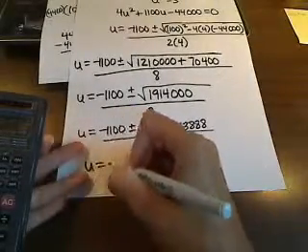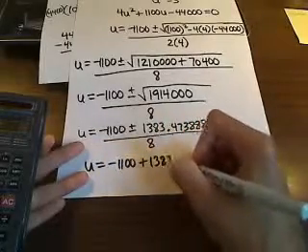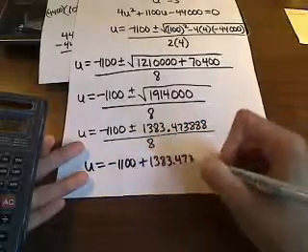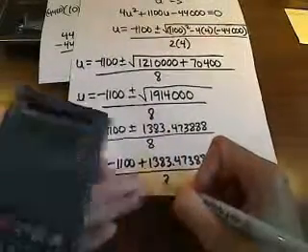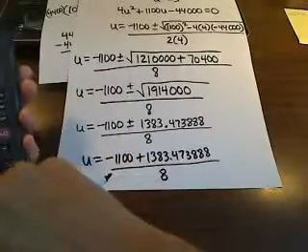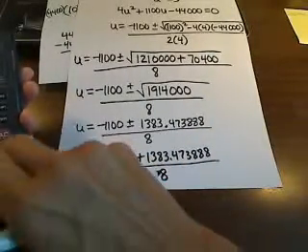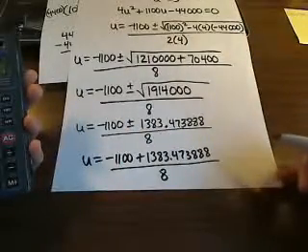I'm going to go ahead and do this, negative 1100 plus the 1383.473888, and then I'm going to divide by 8. Okay. So I'm just going to subtract 1100 and divide by 8, and I'm going to get